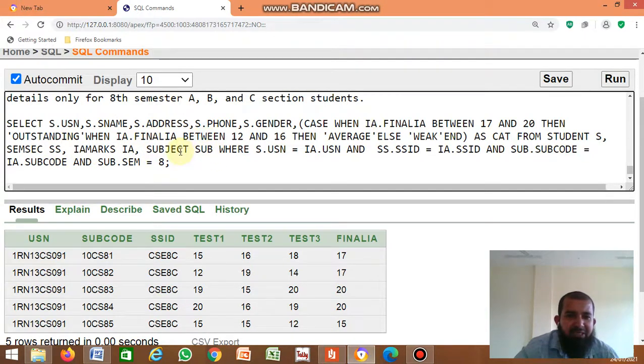From these tables where S.USN, student table USN and IA marks table USN, and SSID of SSEMSEC table and SSID of IA marks table must be equal, and subject code of subject table and subject code of IA marks table must be equal, and subject semester is equal to 8.